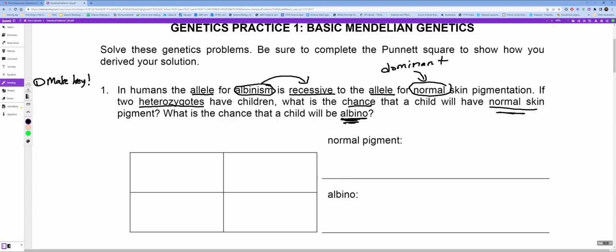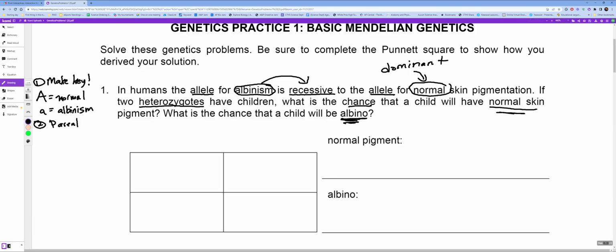So albinism is recessive, normal is dominant, and I'm going to use A's since albinism starts with A, big A, little a. Albinism is a recessive disorder, so I'm going to label this little a as albinism. And I will label this big A as normal. Step 2,